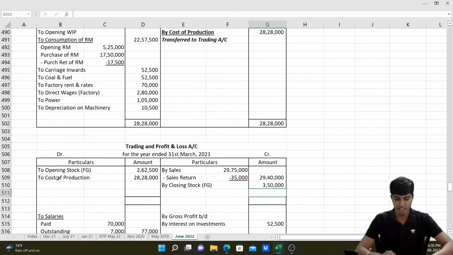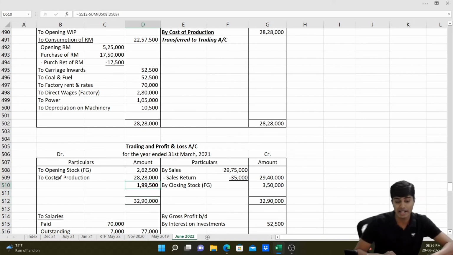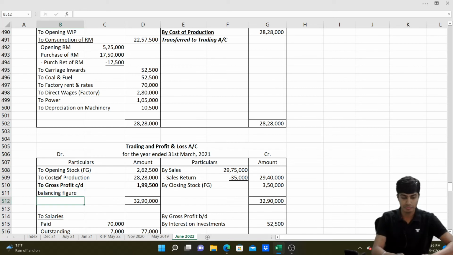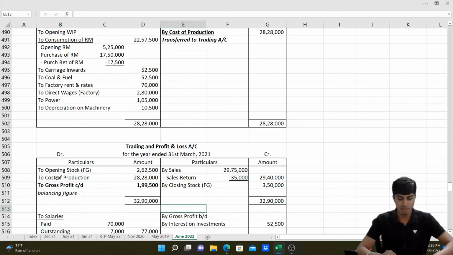So let's quickly find the total here. 29 lakh 40 plus 3 lakh 50 is 32 lakh 90. Here again I'll write 32 lakh 90 and I have my balancing figure gross profit at 1 lakh 99,500. This 1,99,500 will be brought down